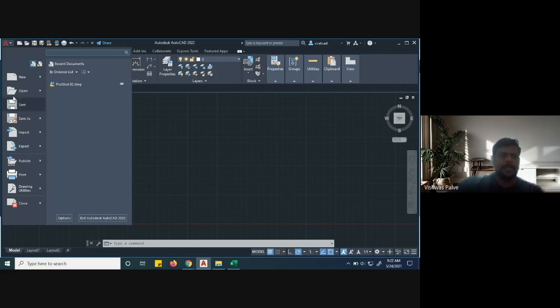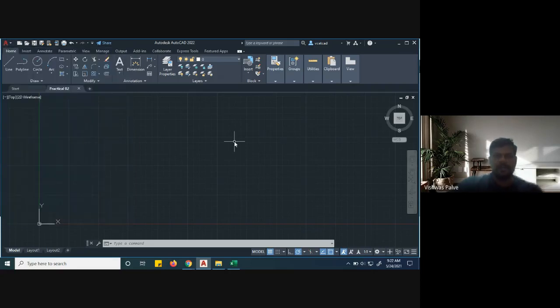Next, after regular intervals you have to keep on saving the file. Control S is the shortcut for continuously updating your file, so that if there is some interruption, your PC hangs, whatever was last saved will be kept as it is.